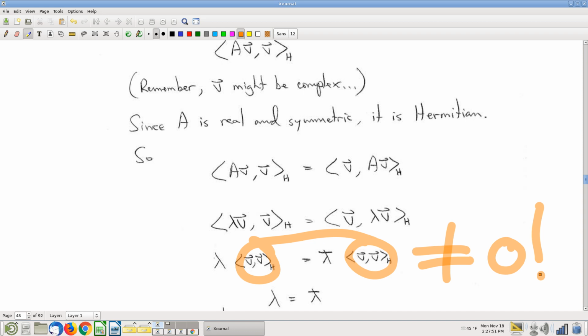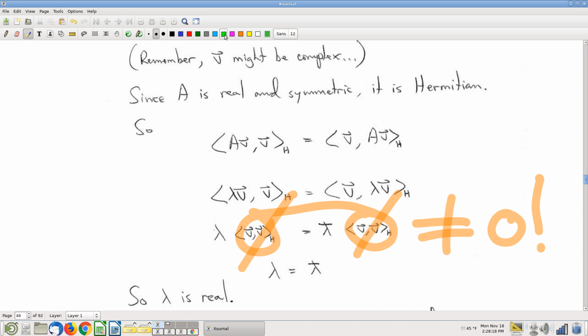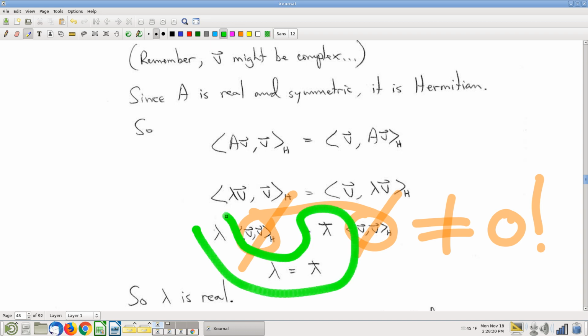It just didn't work. We saw an easy counterexample. We made our new Hermitian dot product specifically to preserve as much as possible, with the idea in mind that self-Hermitian dot products never be zero. So, this is not zero, and you can therefore cancel that common factor, and therefore lambda is its own conjugate,